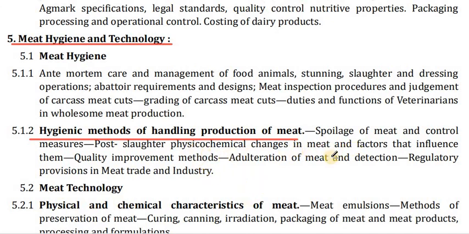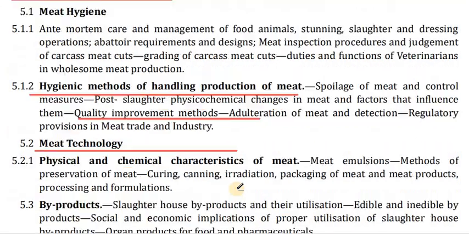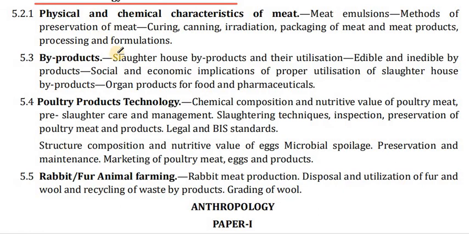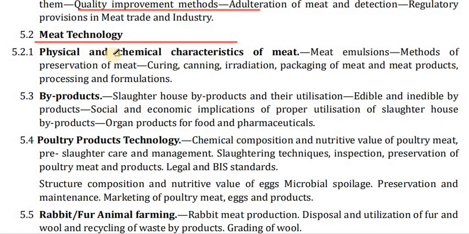physicochemical changes in the meat and the factors that influence them with the quality improvement method, adulteration of the meat and detections, regulatory provisions in meat trade and industry, meat technology, physical and chemical characteristics of meat. Meat emulsions, method of the preservations of the meat, curing, canning, irradiation, packaging of the meat and meat product, processing and formulation, byproduct, slaughterhouse byproduct and their utilization, edible and inedible byproduct, social and economic implications